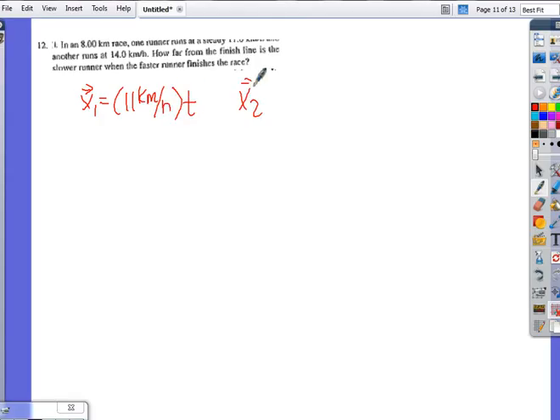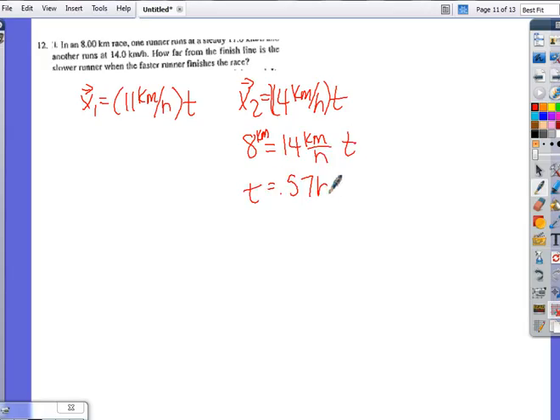The position function for my second runner is 14 kilometers per hour times time. Now, I need to figure out what time this person is at 8 kilometers. So 14 kilometers per hour times t. Solve this, you get t equals 0.57 hours. Plug that in to this function, and you will get the position of the first person,